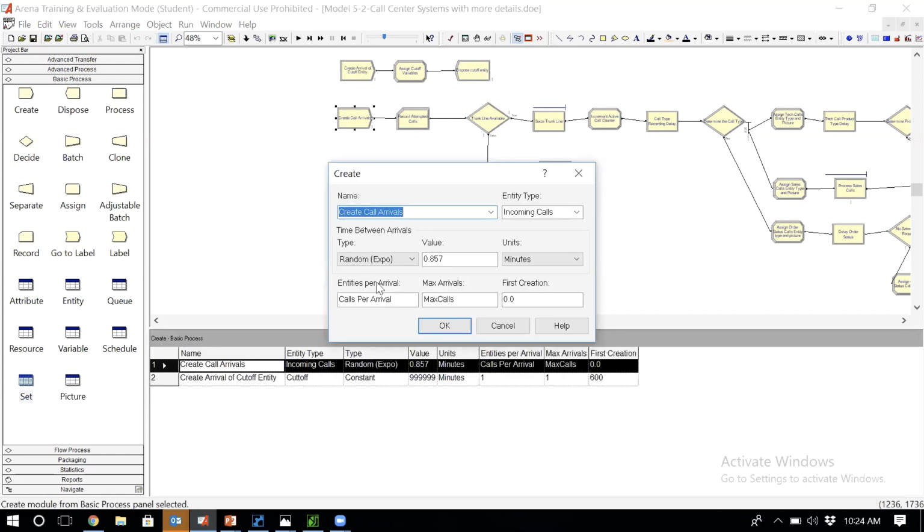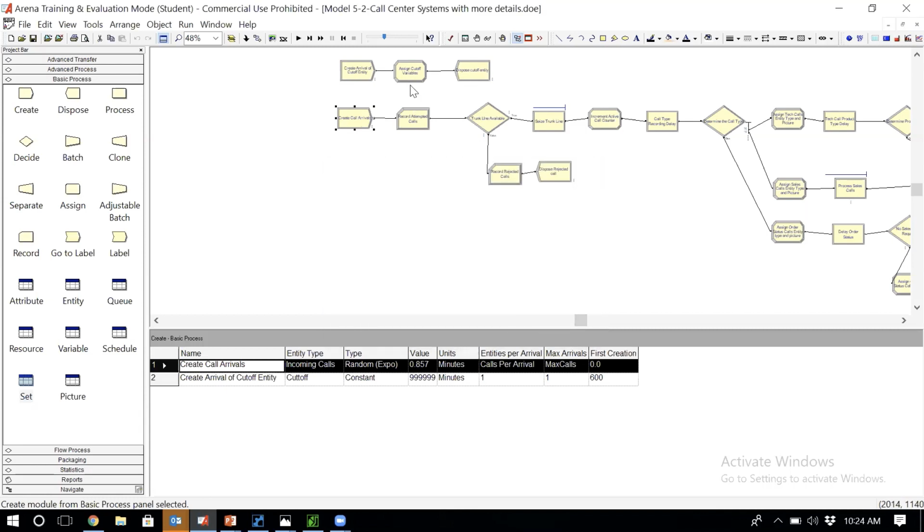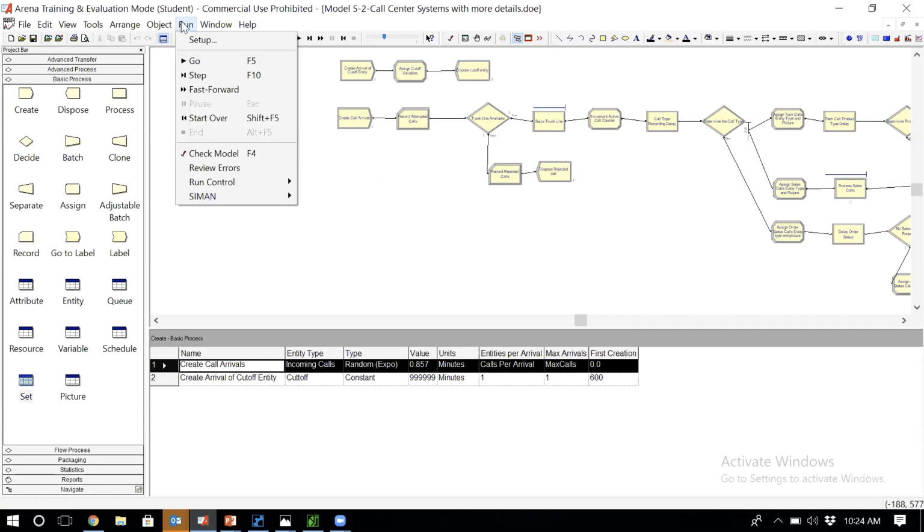If you remember, we changed some of the variables, calls per arrival and max calls, at time 600 when the dummy entity came to the system, and that took care of making sure that no customer comes to the system after 600 hours. And then in the run